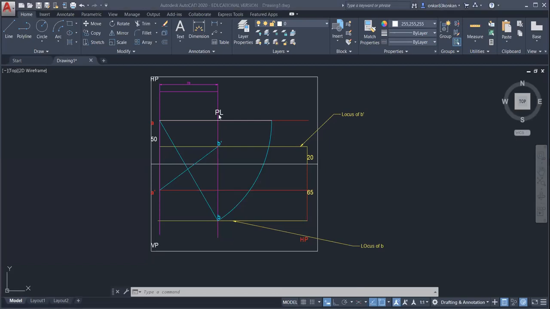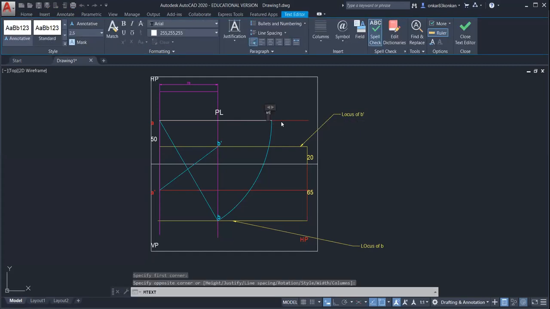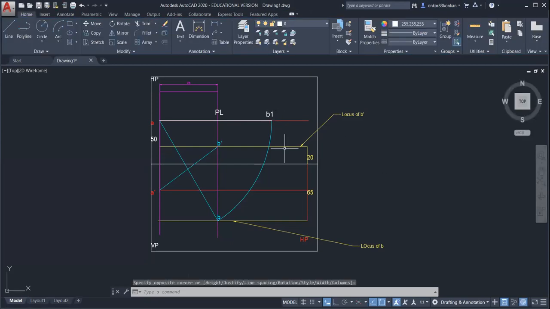So once you get the plan length, so you will get this point as a point B1. So this is point B1. Now from the B1, so AB1, it is nothing but the top view when the true length is visible in the front view. So project the line from point B1 on the locus of B dash. Okay.